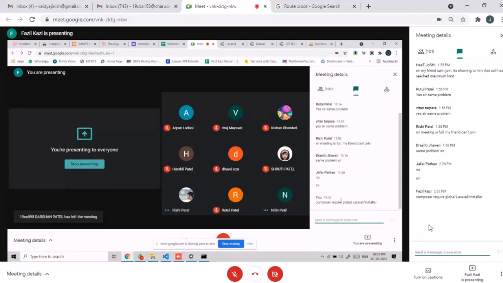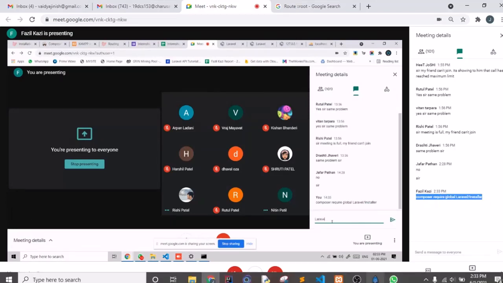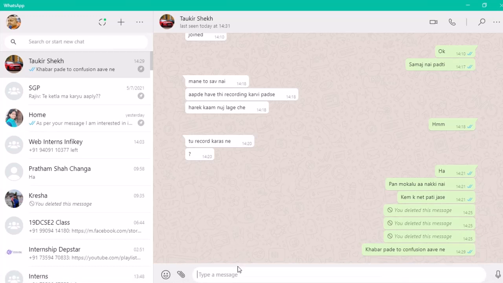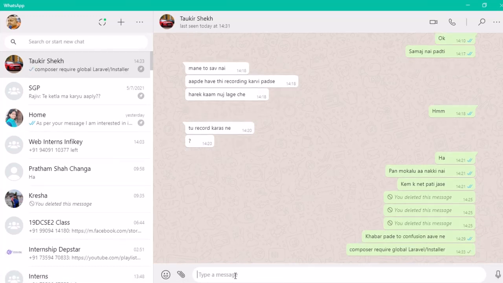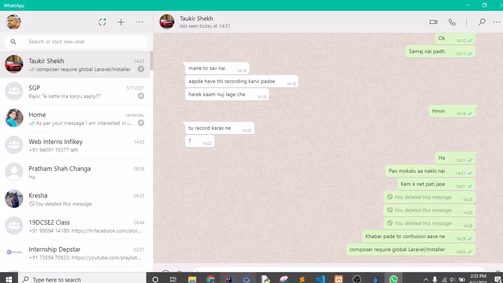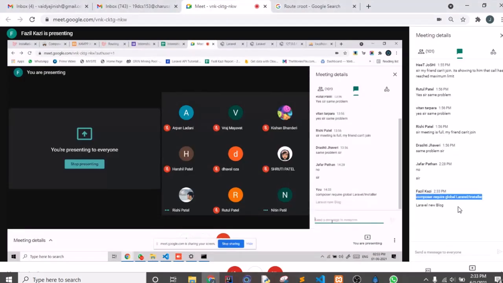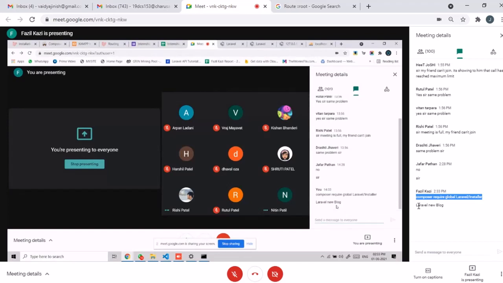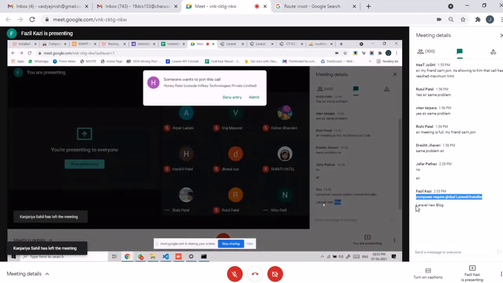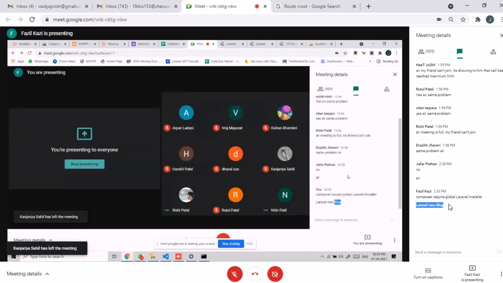By this command, you will install Laravel globally in your system. And for creating a project, you need to write just laravel new and your project name, like blog. It will be easy if everyone has the same project name. After these two commands, the Laravel project will be installed in your system.